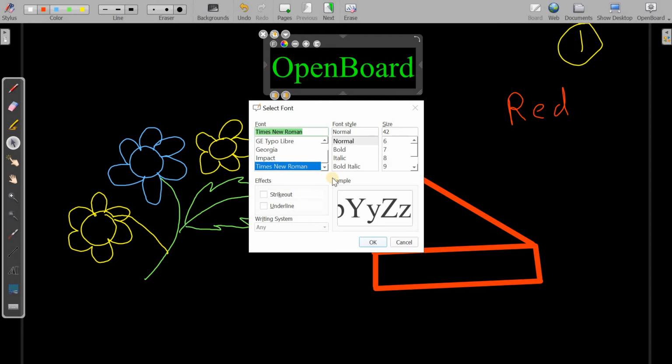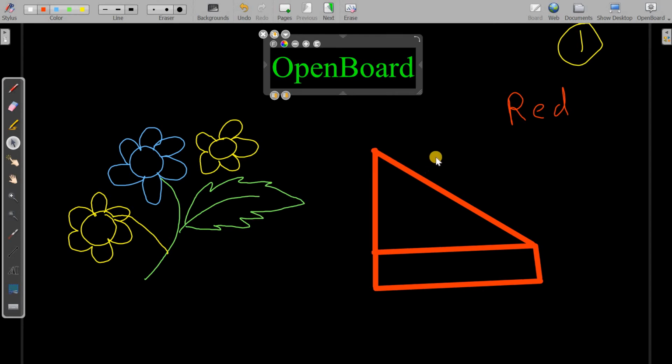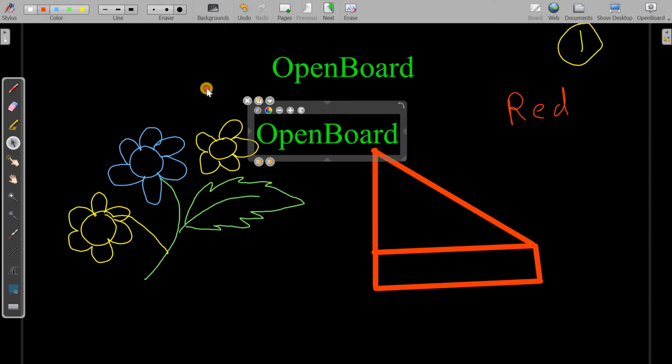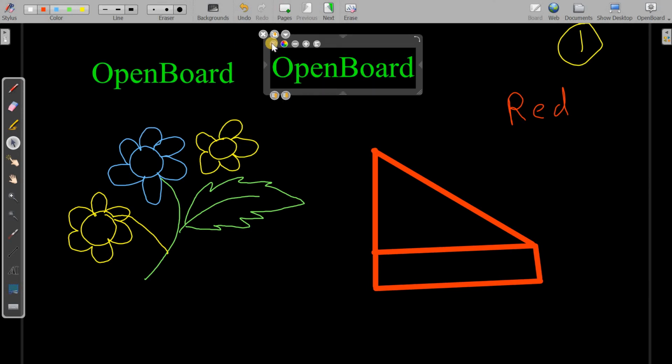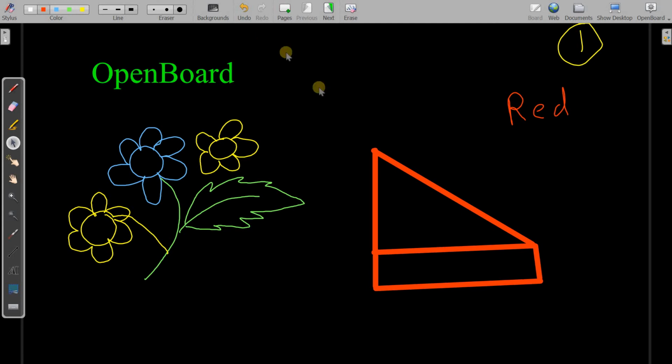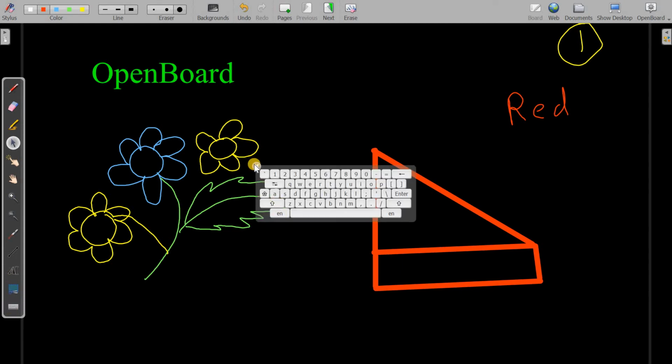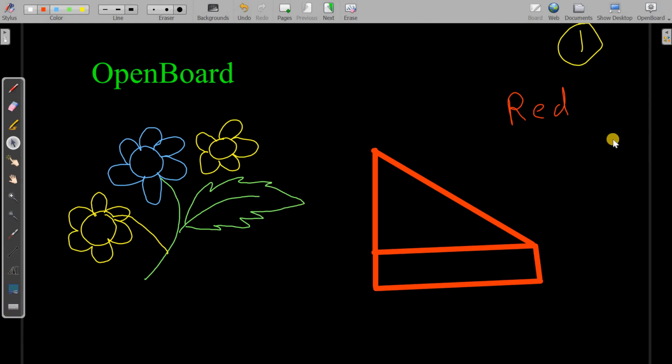Whatever is given, that much you can do. And similarly you can make it a duplicate also, and there is a delete option. Okay. So this is tools and keyboard and so on. So this is very basic.